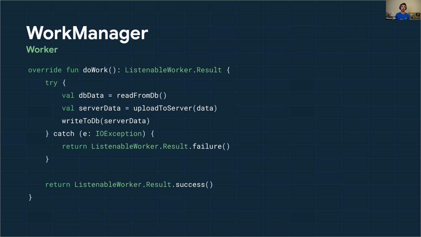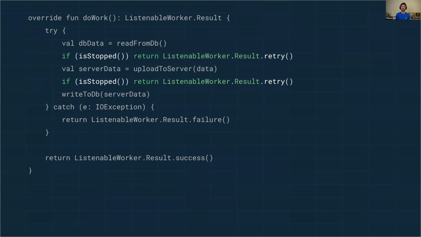Another problem is that the work manager can stop the execution of this work at any moment. And so now you have to do if else, or check if something has stopped executing, or whether we have to stop executing or not. So this actually doesn't look that bad, but imagine that, for example,